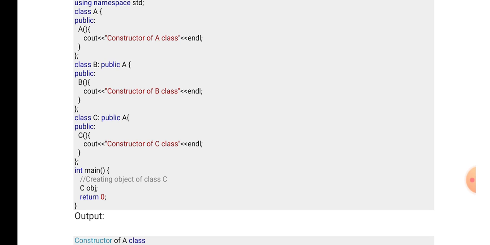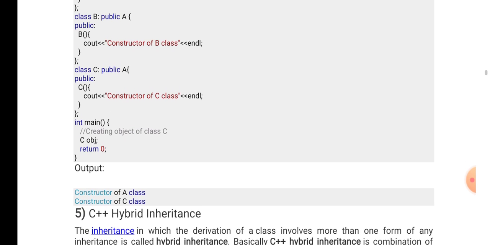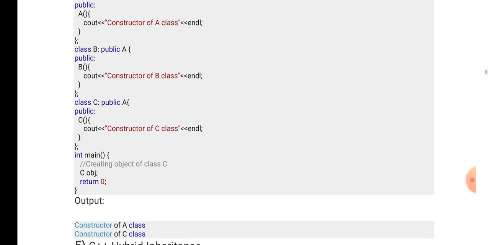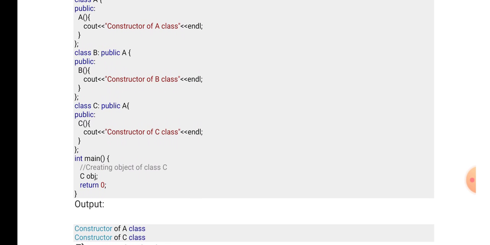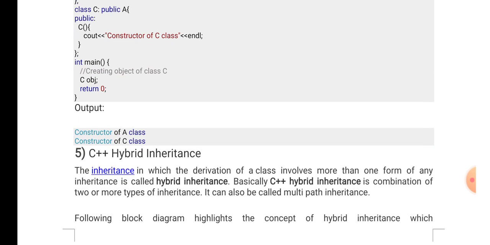Because of that, it displays only the constructor of A class and the constructor of C class as output statements. We didn't see the constructor of B class execute because we didn't create an object of B class.